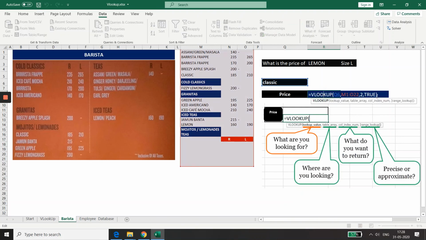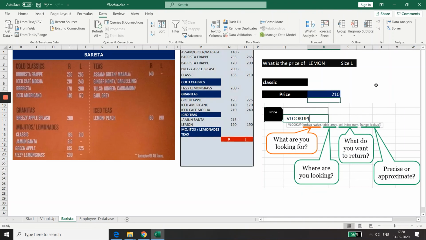Let me change the column index to 3, which is this category, and let me see the result here. For classic, it is 210. Let me select lemon, and yeah, it is 190. So now lookup is giving me the right answer. So three basic rules to use VLOOKUP.